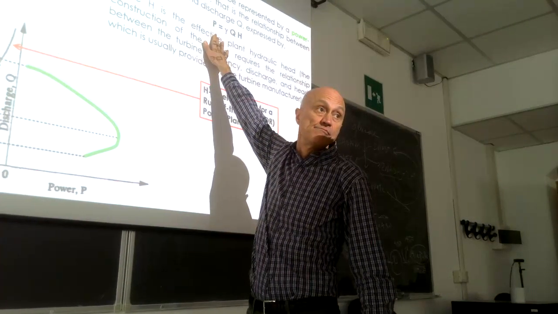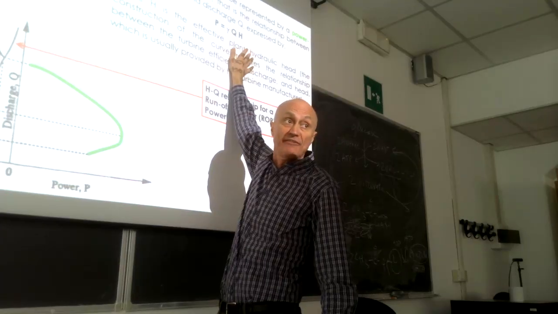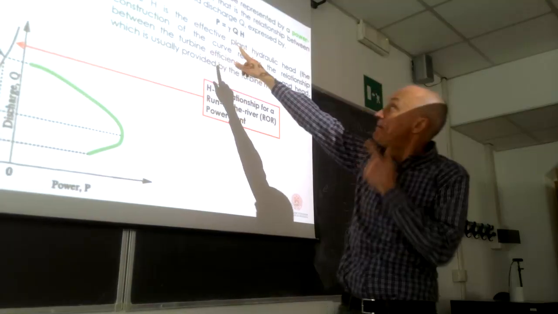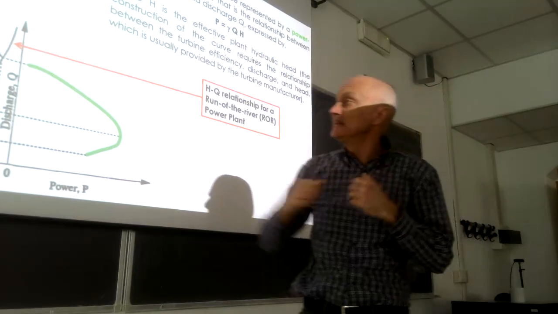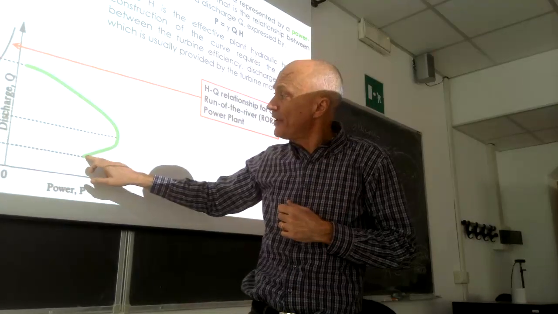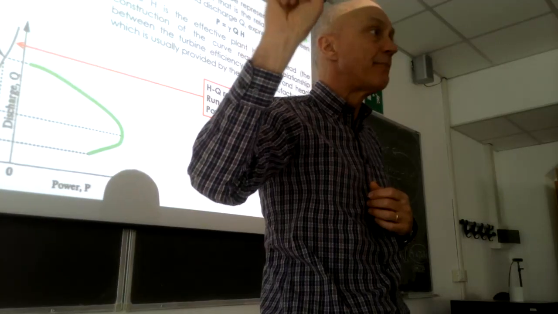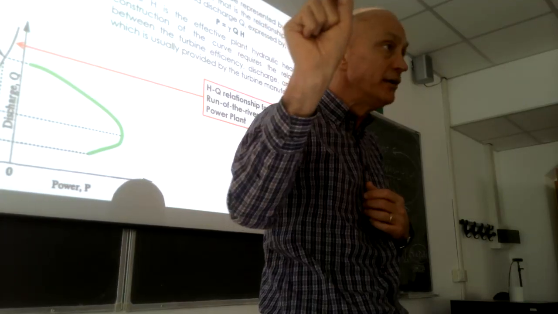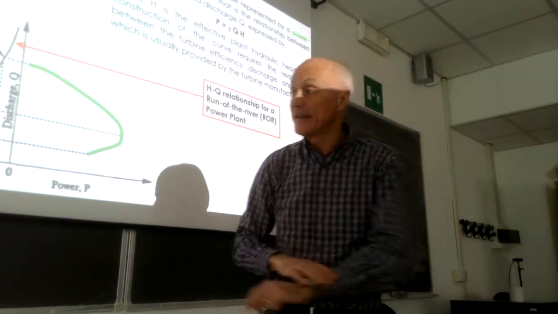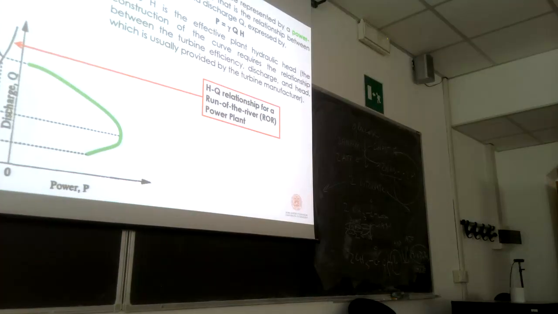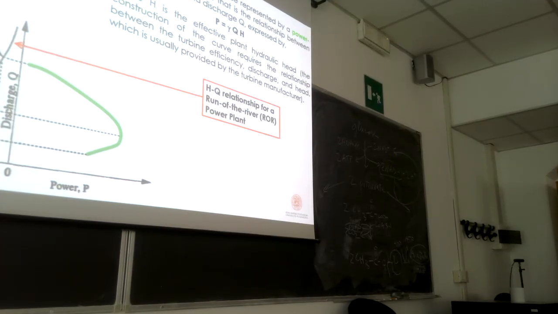So, associating the hydroelectric power with a duration, and therefore with an exceedance probability. Now, that expression, power is equal to gamma. What is gamma? It's the specific weight of the water, right? So, from a dimensional point of view, gamma is what? Let's say a force, a weight, divided by